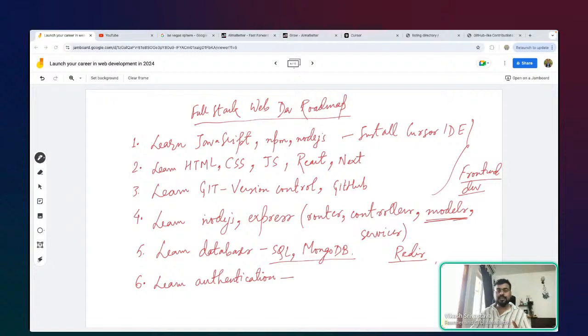So you understand or know the identity of the person accessing your web application. So you can learn something called JWT, right? This is one of the common ways through which you can build an authentication service, right? This is JSON web token. You might also learn about something called SSO, which is single sign-on. So learn about authentication, learn about authorization.